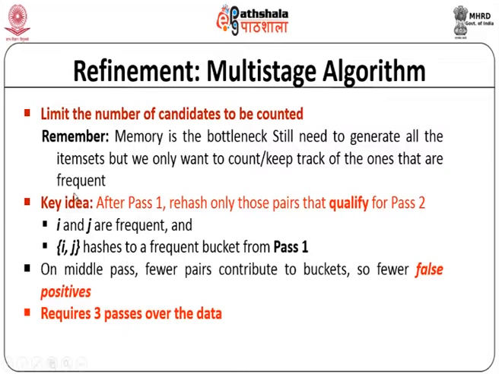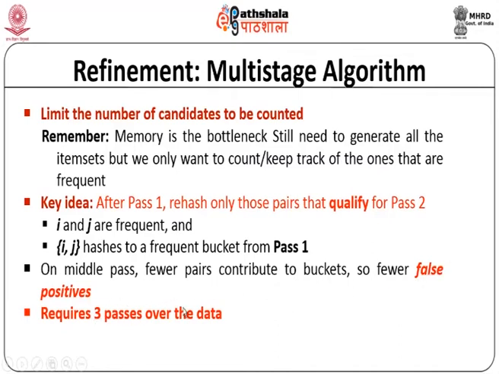When we are thinking about the first pass, we should also remember that there is a bottleneck with respect to memory. Therefore, you will have to identify only those item pairs as part of pass 1 that qualify, and only the qualified item pairs must be passed to pass 2. When you do so, you bring one more phase into the existing approach. So, you require 3 passes over the given data, because in between the passes you may end up with false positives. That will come as an error, and in order to eliminate this error you need to introduce the